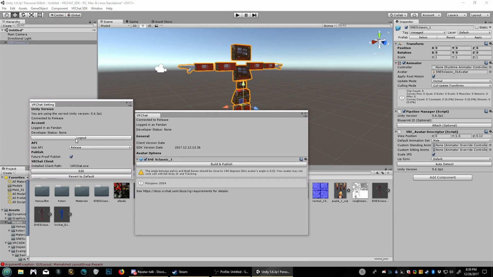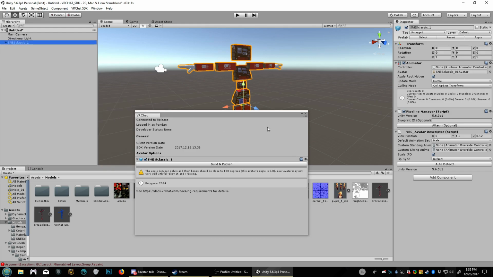I'm already logged in. I'm not going to log out and log in because I don't remember if it shows the password or not. But yeah, you'll be able to log in here using the same login you do in game. If you don't have a VRChat account, you should make one because it allows you to use custom avatars. So after you're logged in, you can close this window, and then you're going to want to go up to